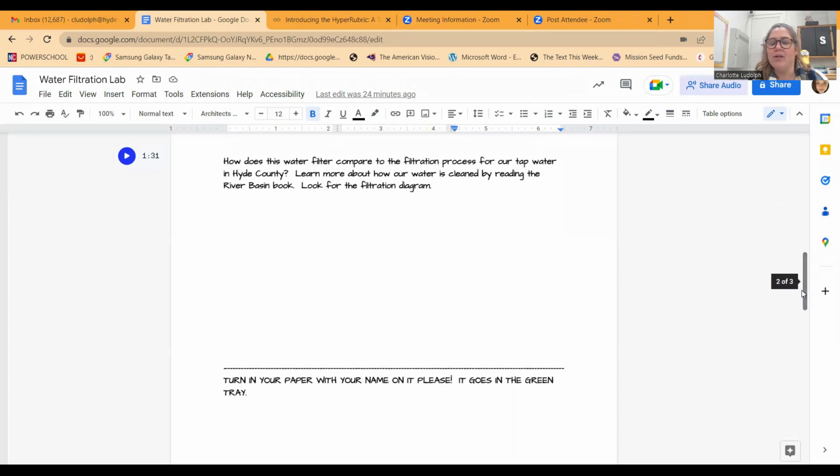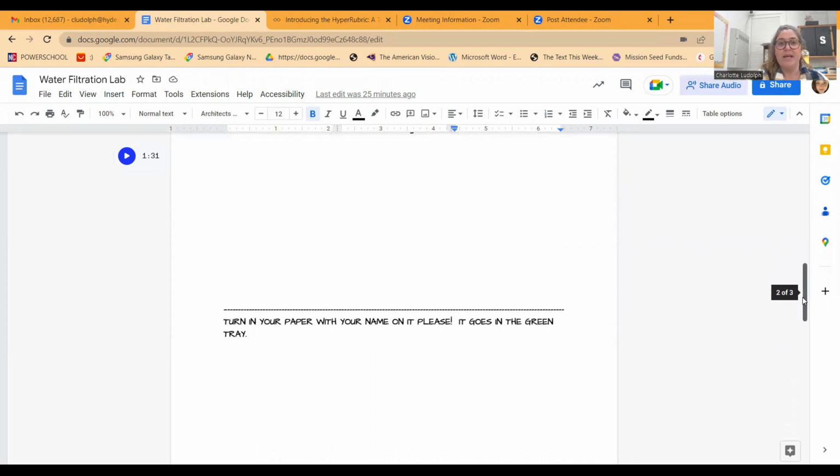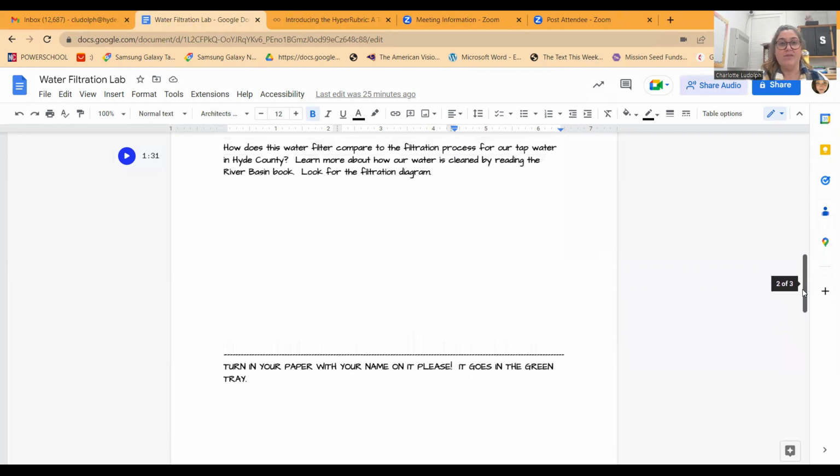And then they have to do a little bit of exploring to connect it to the area that we live in. They have to go in and find out information and some resources that I provide to them about our local water filtration in our county, and look at a water filter diagram and compare that to what we do